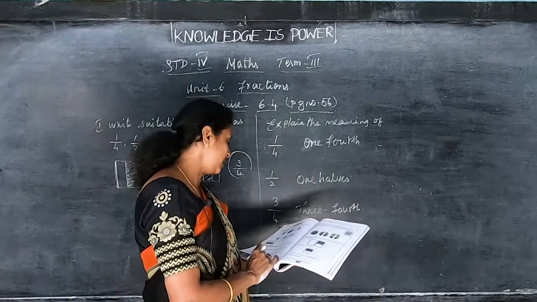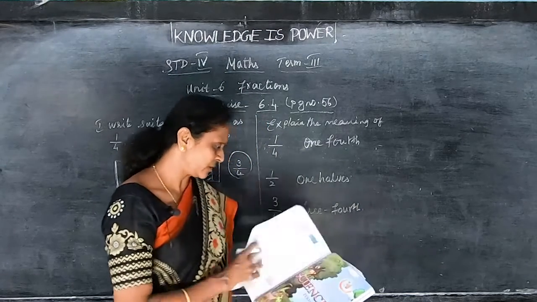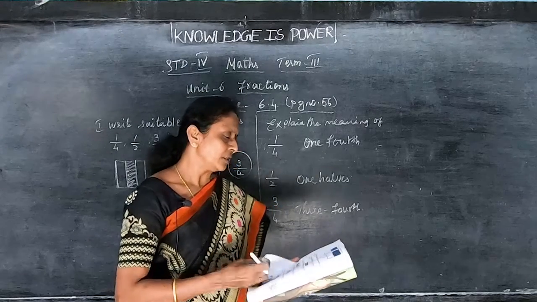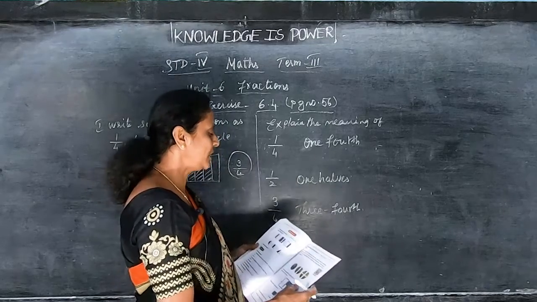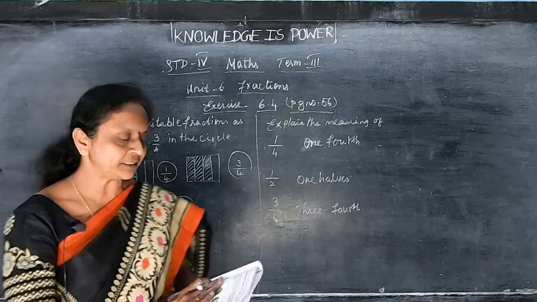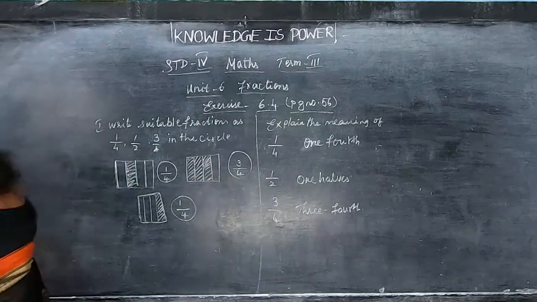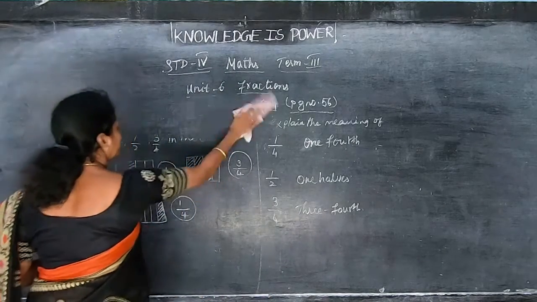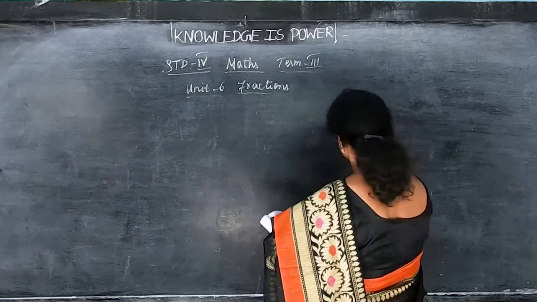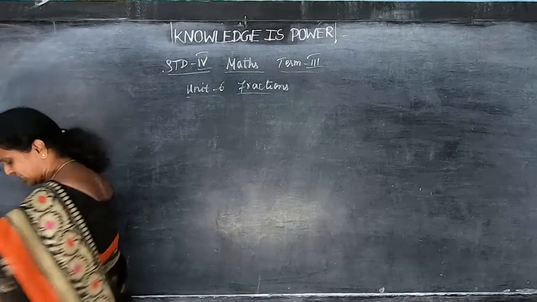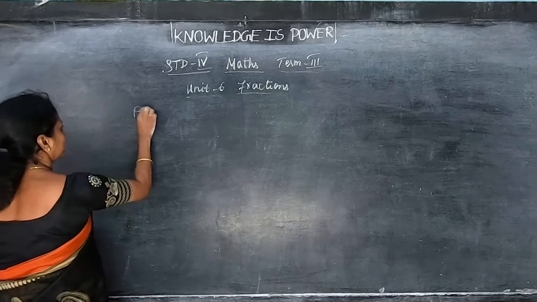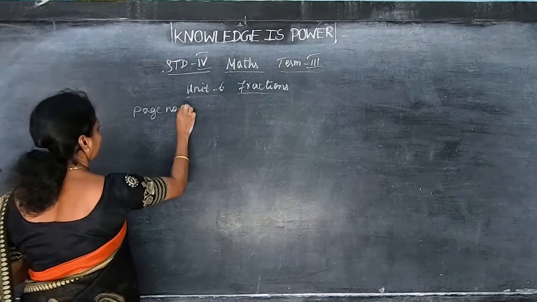And then the next one is exercise number 6.5. Here they have given understanding the equivalences of 2 by 4 and 1 by 2, and 2 by 2, 3 by 3, 4 by 4 and 1. Here in this, everything is inside your book, children. So go through the books, take your books, page number 59.